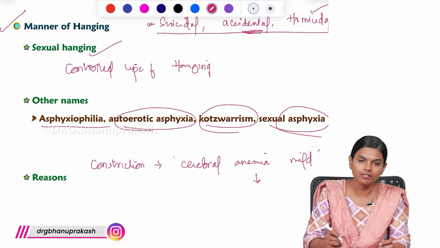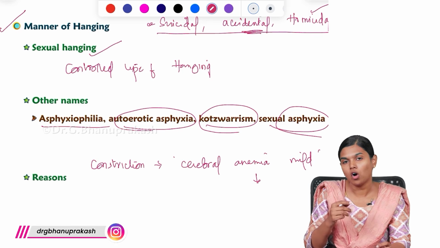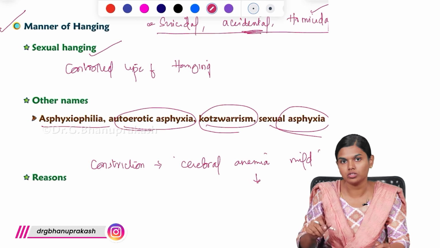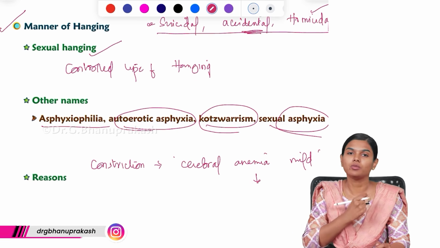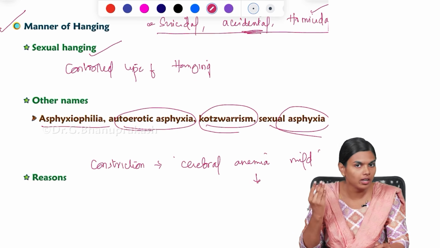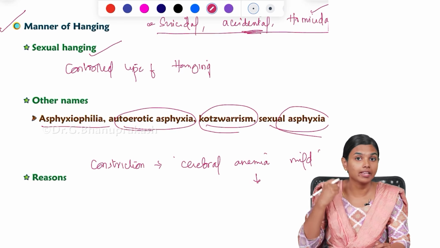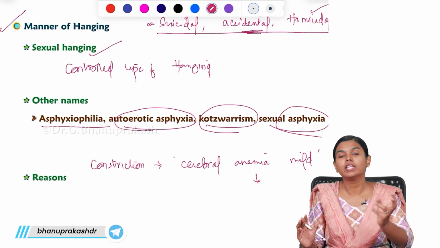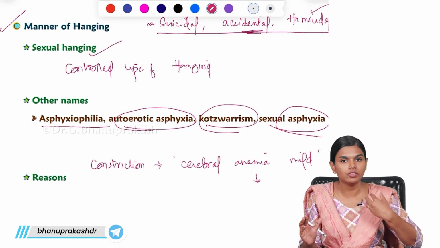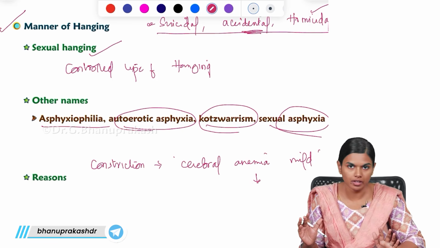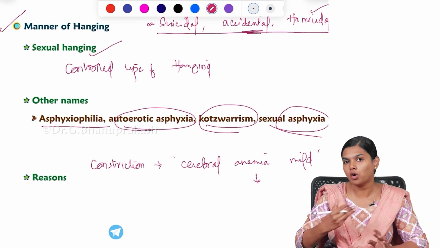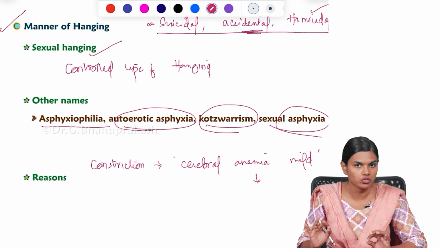What they will do is, they will have the rope or the constricting force in their hand. It will be in their control. So, they will push it and there will be constriction of that, there will be cerebral anemia, they will be experiencing that hallucination, and once they are going overboard, they will lose their hand. So, the constriction will become normal, they will not be experiencing any hallucination. So, they will do it again, like that they will keep on repeating. This is how it is usually done.